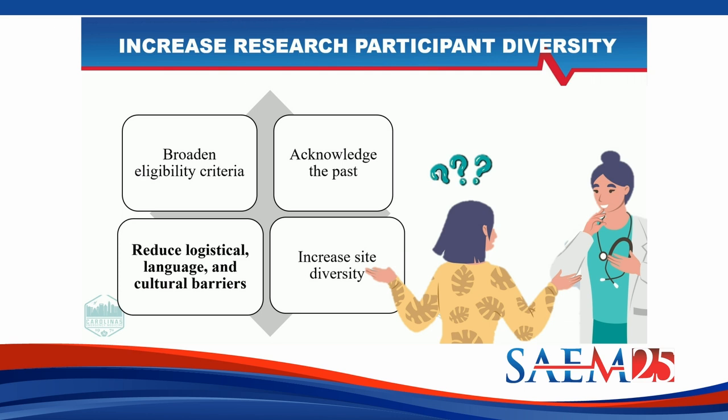Next is to reduce logistical barriers, language and cultural barriers. There are numerous studies that show that individuals with lower income are less likely to participate in research studies. One examined around 1,500 patients and found that individuals with an annual household income of less than $50,000 were around 40% less likely to participate in research studies compared to individuals with higher income. So how can you actually make it easier for them? Some barriers that you can combat: you can have virtual visits, weekend hours. You can offer childcare. You can offer transportation if your study requires visits. And visit frequency should also be minimized as much as possible.